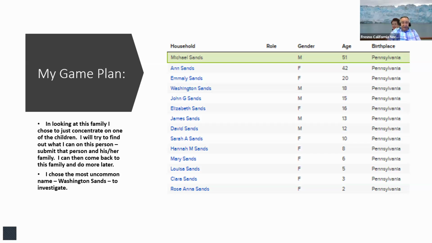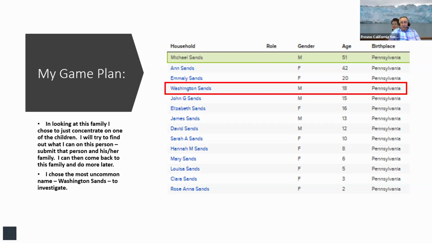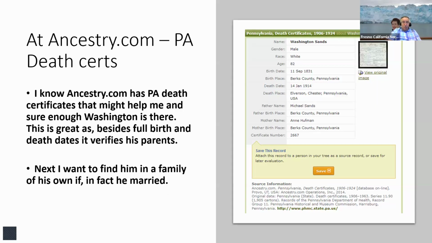And just to make things quick and simple and get started, let's pick a guy. And so I looked at him and I said, oh, I like the name Washington. It's not George Washington. It appears to be just plain old Washington Sands. So let's go look for this guy. He's 18 in 1850, so he's born about 1832. And so I know he's living in Pennsylvania, and I know that Ancestry has Pennsylvania death certificates that start in